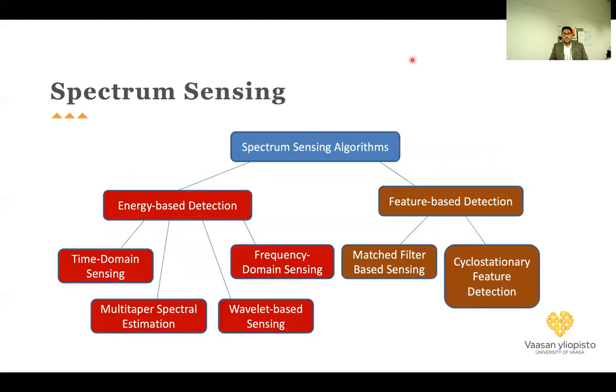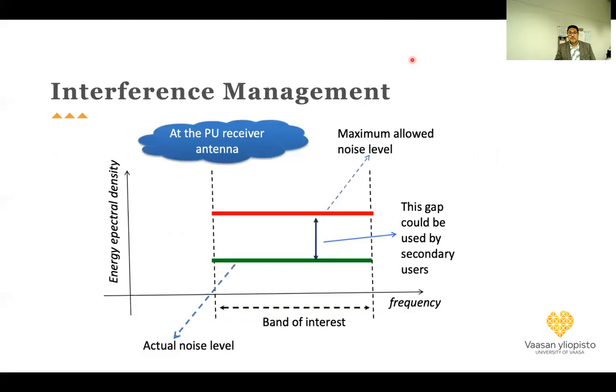Maybe I need just to comment on this slide as well. You can see here, for example, that the secondary user senses or estimates the power or the energy in a certain band.